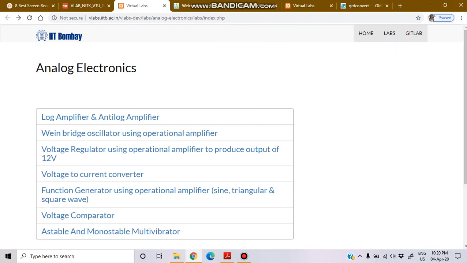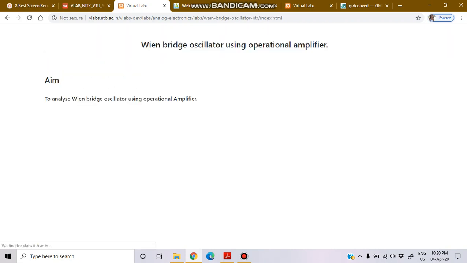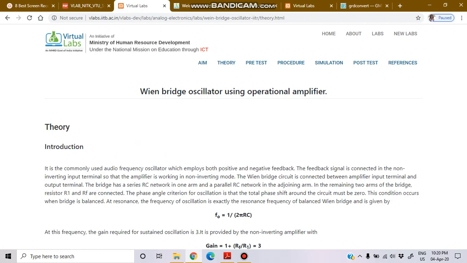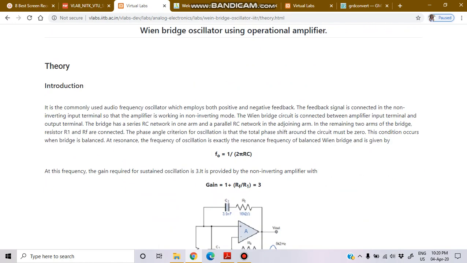Similarly, in this virtual lab, let us do one another experiment. Let's say Wien bridge oscillator. So this is the aim for that one, to analyze Wien bridge oscillator using op-amp. Then read the theory. You will have all the theory. The frequency of oscillation is given by 1 upon 2 pi RC, and the condition for Barkhausen criteria to meet,